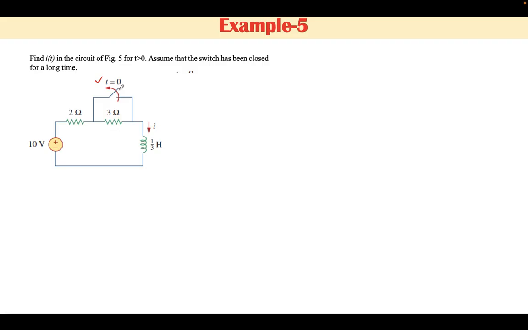It means when the switch was closed and the circuit was at steady state, the initial value of current can be defined. Here I naught, the initial value of current, will be equal to, because an inductor behaves like a short circuit at DC supply when subjected to a long time, in this circuit, 10 divided by 2. When this switch was closed, this 3 ohm resistance was behaving like a short circuit.